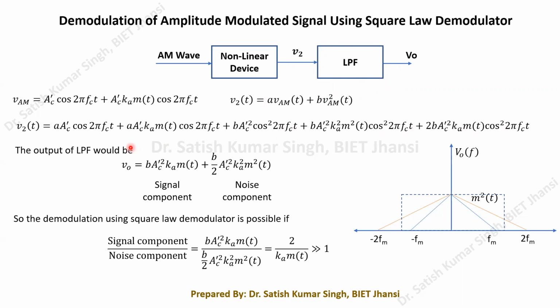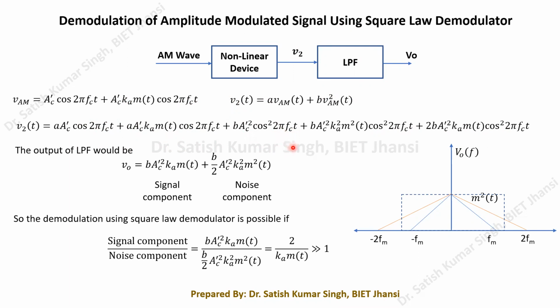Okay, so you can easily verify equation number 2 by just substituting this VMT into this expression of V2T. After this, you can see that this expression itself has lots of terms. One term is at frequency F equals FC. Another term is a product term between MT and cos 2 pi FCT. Here we also get another cos square 2 pi FCT term, which is nothing but a frequency